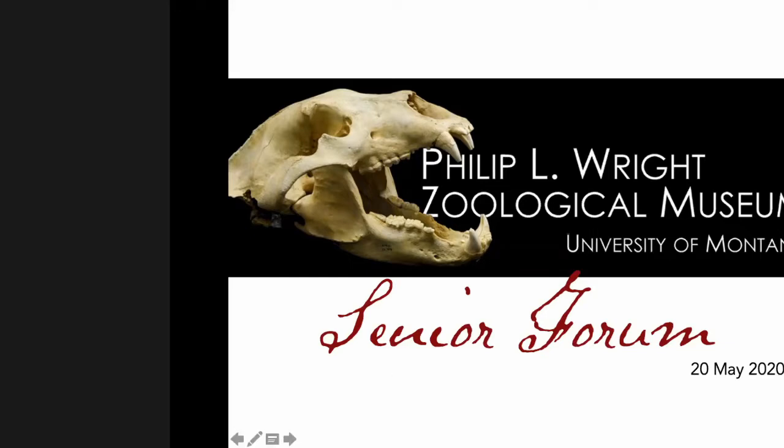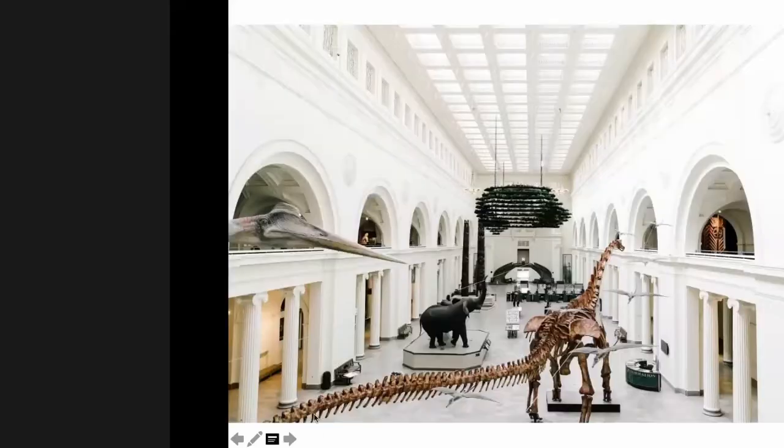Most of you probably are familiar with natural history museums as public places where you can go and look at displays and learn about natural history, from displays and things that are geared towards public education and outreach. This is a picture, for instance, of the Field Museum in Chicago. And I love big institutions like this. I think that they're amazing, and I love all that public outreach stuff. But